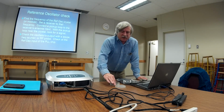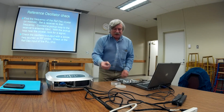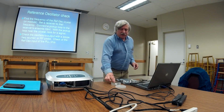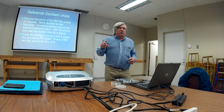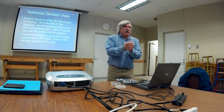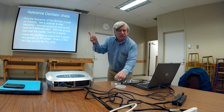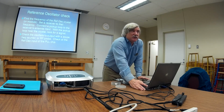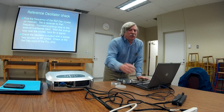Well, one of the more common failures, as you can obviously tell, is the reference oscillator, by the fact that I've got all these dead reference oscillators here. One of the things you can do to tell if the reference is good or not, like 12.8 megahertz, I can take my HF rig, my general coverage receiver, dial up 12.8 megahertz, take the antenna off, plug in a cable with a little pickup loop at the end of it, get it close to that, and I should be able to receive a 12.8 megahertz signal on my receiver. Otherwise, if you think it's okay, but you can't really tell, an RF probe, a scope, other things like that